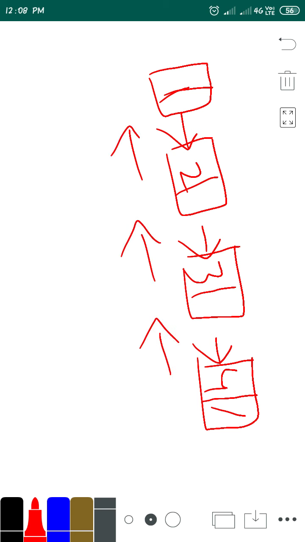So how can we do this? We will just take P, Q and R. Initially P will be here, Q somewhere here and R somewhere here. Why? Because we have initialized Q and R as null, so they are null.